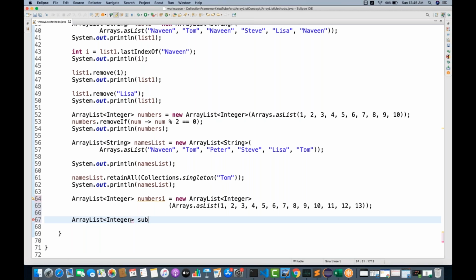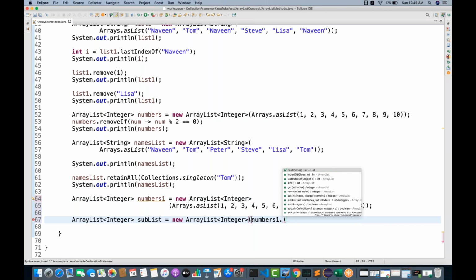And then let's see, this is my sublist. I'm going to create sublist is equal to new ArrayList. Now see it carefully. And then I simply say that, okay, that list also will be an integer type, right? And then I simply write from the previous list, this particular numbers one, what you do, dot,